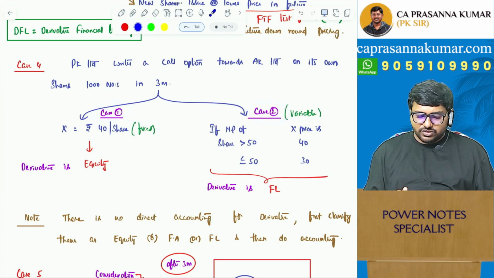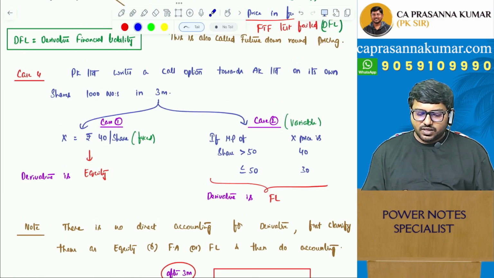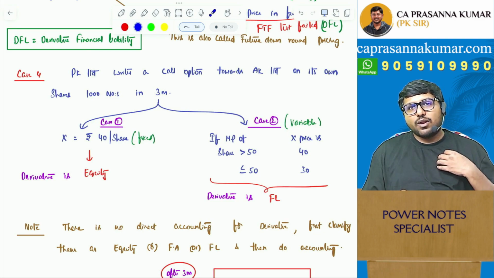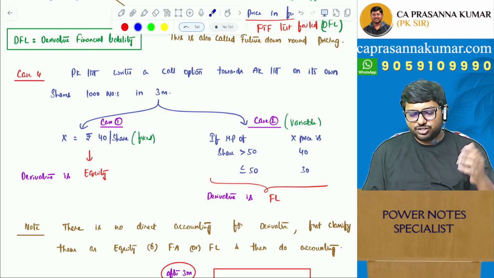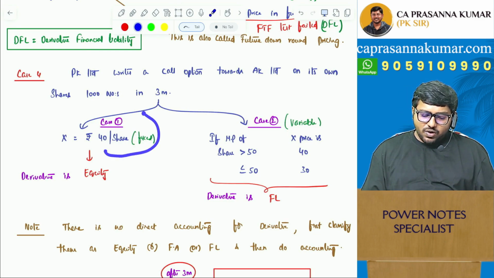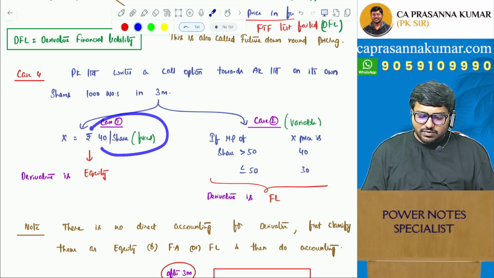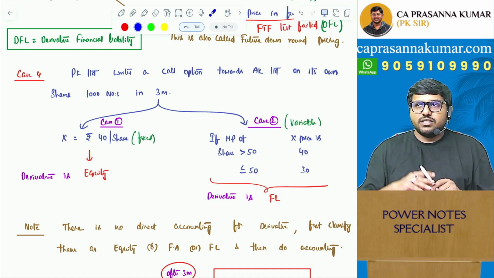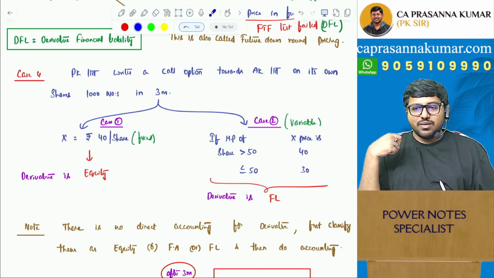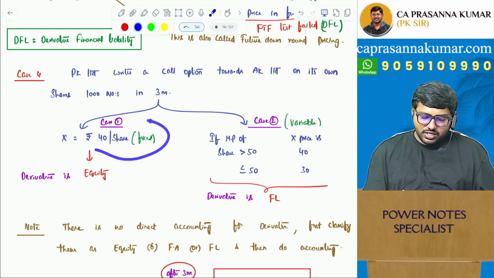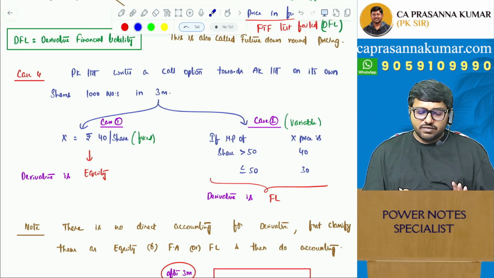I gave you 2 cases. In case 1, when PK Limited writes a call option where PK Limited has got an obligation to sell its own equity share, the so-called exercise price is fixed. You understand the point? The exercise price is fixed, which means when I have an obligation to sell my shares to you, my exercise price will never vary, which is 40 per share. If that is fixed, then fixed to fixed test is satisfied, and as a result, it will be called as